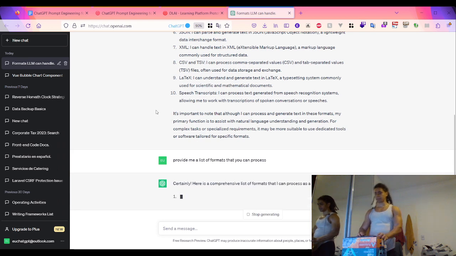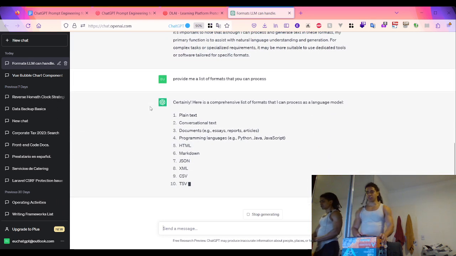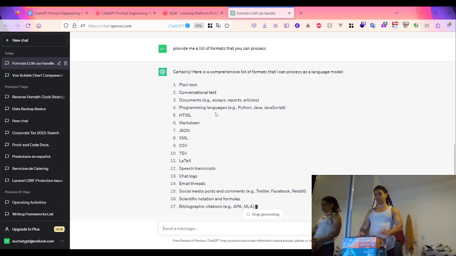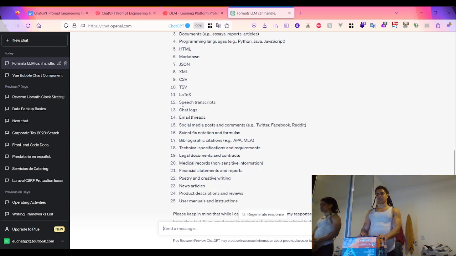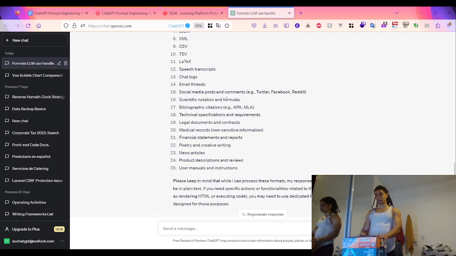Okay, so plain text, conversational text, documents like essays, reports, articles, programming languages like Python, JavaScript, HTML, Markdown, JSON. It is funny because it doesn't label HTML as a programming language, and it's not a programming language. So HTML, Markdown, JSON, XML, CSV, TSV, LaTeX, speech transcripts, interesting, chat logs, email threads, social media posts